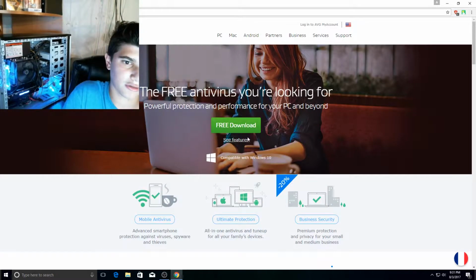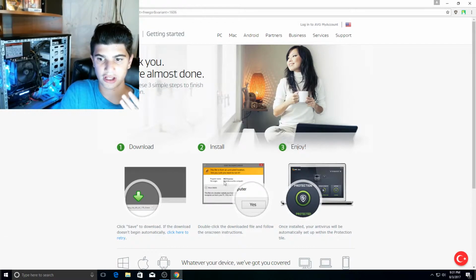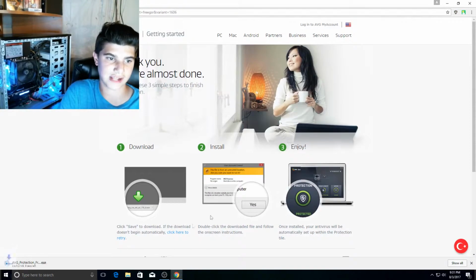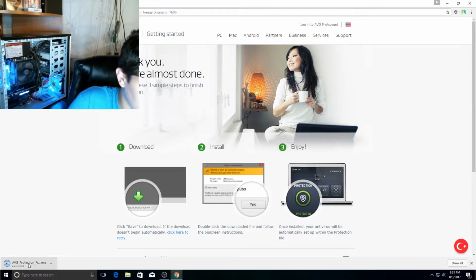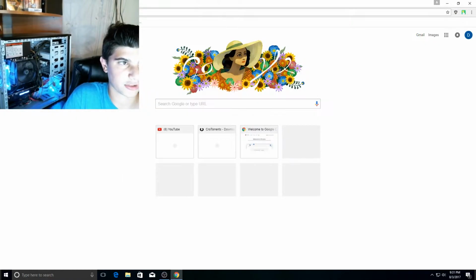Just click free download. I promise this isn't a virus. This is literally one of the most legit websites to download from. So you're going to want to click on it, click on Run Install. But I'm not going to install because I already have it. And then you're going to want to type in another website called